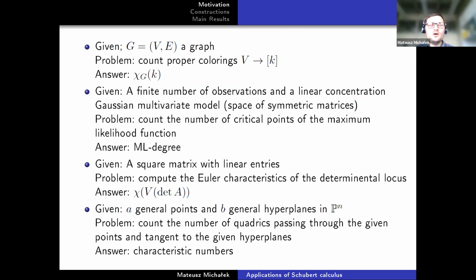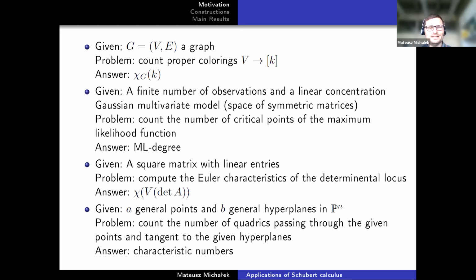And the unique matrix that maximizes this maximum likelihood is our best guess of where the data comes from. And how do we do that? Well, we could compute the partial derivatives of the product of the function evaluated at the data, and we could look where the partial derivatives vanish. So certainly the maximum will have this property, but the number of critical points might be bigger. So we can have some complex critical points. And the number of those is somehow the measure of how complicated our model is. It's known as the maximum likelihood degree, and that's an integer, the number of critical points in this setting.